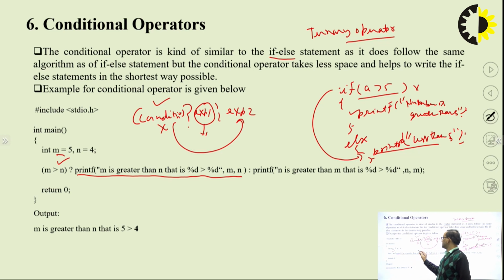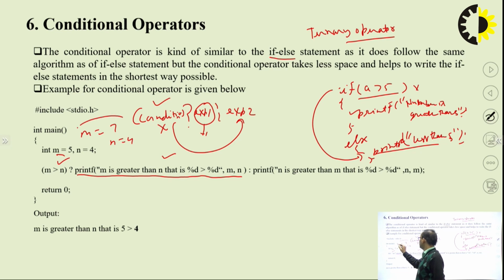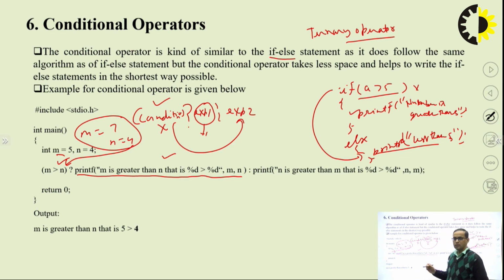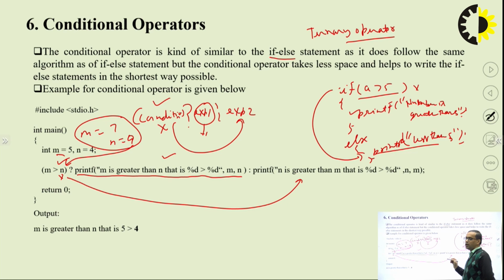So in this case, this statement will be printed. Okay, this statement will execute. Suppose we are taking the value of m is equal to 7 and n is equal to 4. Now for these values, if we check this condition, m is greater than n, yes, it is satisfied, so it will print this. Suppose we are taking the value of n as 9. Now we check this condition, then this condition becomes false. So in this case, this statement will execute. It means the value of n is greater than m. Okay, so this is the use of the conditional operator, and this is also known as the ternary operator.